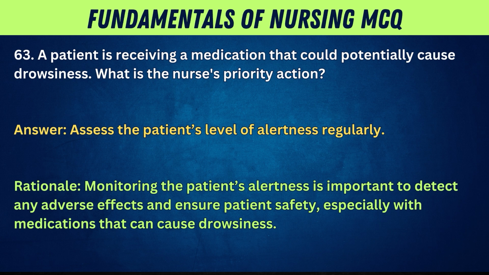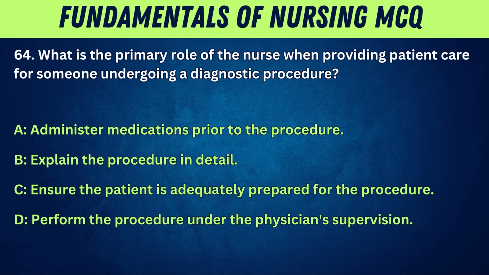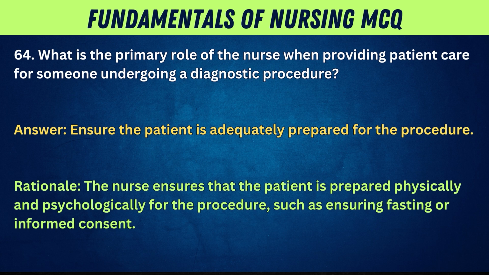can cause drowsiness. 64. What is the primary role of the nurse when providing patient care for someone undergoing a diagnostic procedure? A. Administer medications prior to the procedure. B. Explain the procedure in detail. C. Ensure the patient is adequately prepared for the procedure. D. Perform the procedure under the physician's supervision. Answer. Ensure the patient is adequately prepared for the procedure. Rationale. The nurse ensures that the patient is prepared physically and psychologically for the procedure, such as ensuring fasting or